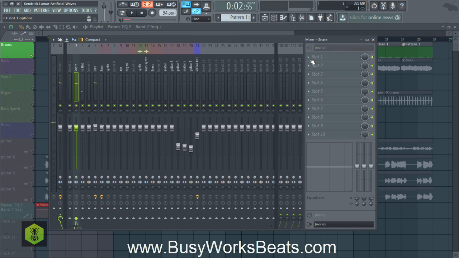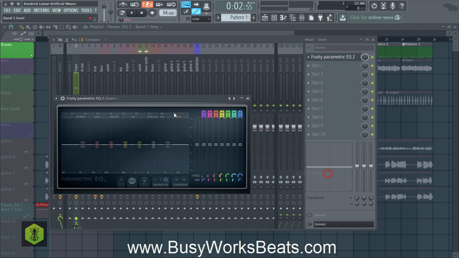The snare is nice and smacky, so let's open up EQ for the snare. And let's just pull out some of the high frequency. Pull that down. So we're keeping it in key. We're finding the frequency of the key of the song, pulling that in the snare with a very narrow bandwidth and pulling it up a little bit so it sounds more in key. Then we're going to boost the low end of the snare.